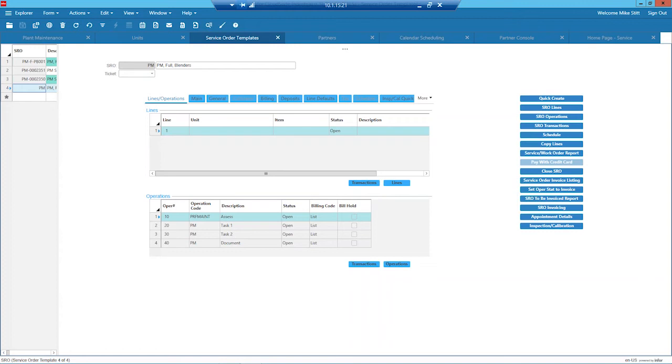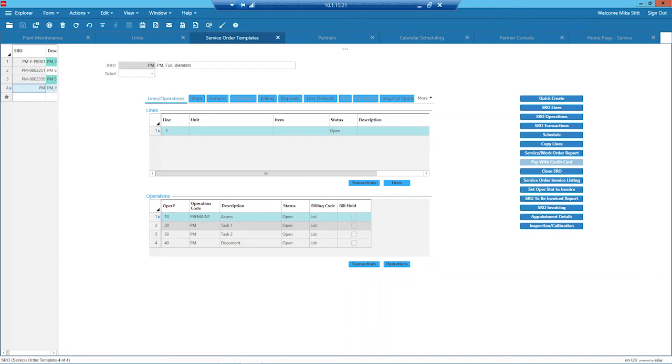or even if it's an ad hoc break and fix work order, you may still have a pre-setup of tasks that you want to do. So it's a good way to predefine those things. And then when you actually create a maintenance work order, a service order, you indicate which PM or which template you're going to use, and the system then sweeps these tasks and materials